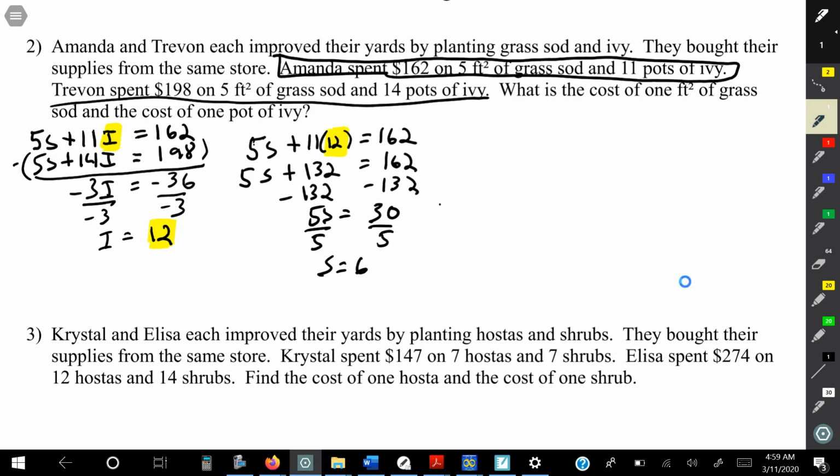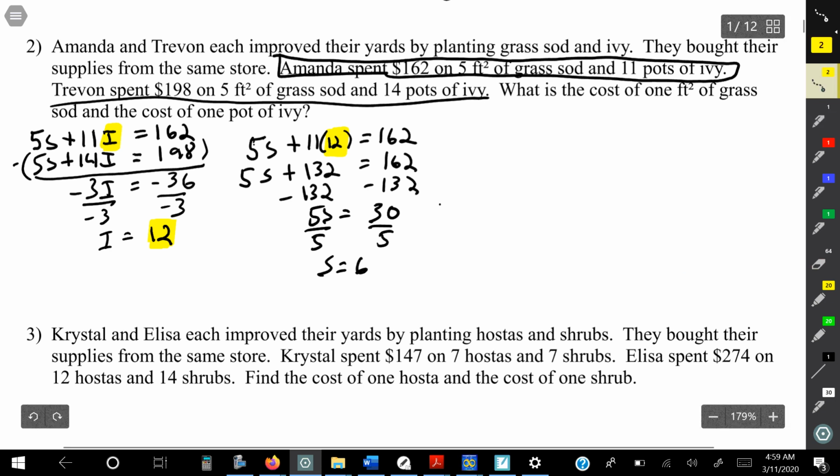So this should be what you have on this one. We've got Amanda and Trayvon here, and I've got this equation here, and then I've got Trayvon's equation here, and I just went ahead and subtracted, got 12 for the ivory, and plugged it in and found S